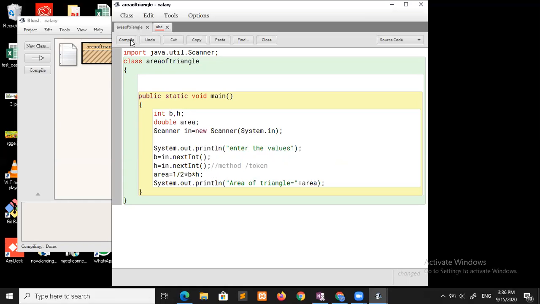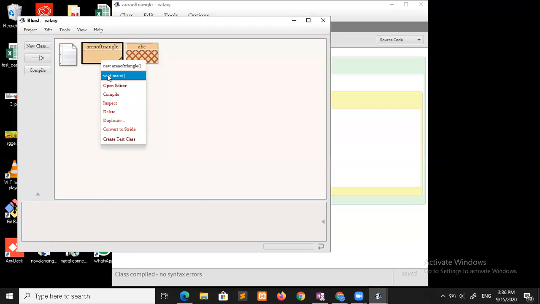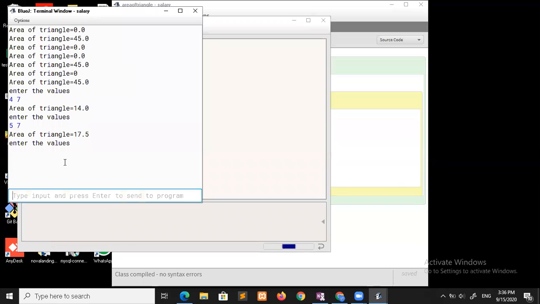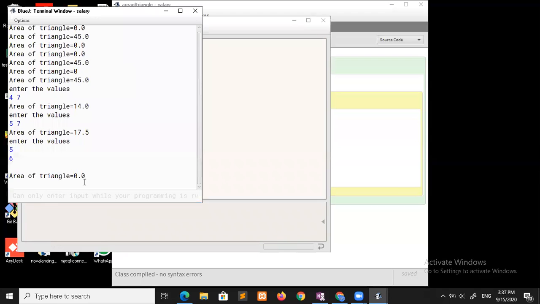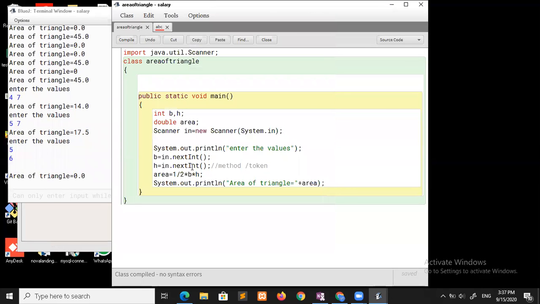Okay, अभी execute करके देखते हैं हो रहा है क्या? Yes. Execute मतलब area of triangle. So enter the values. So 5 है and 6 है. क्या हुआ? 0.0 ही आया. आउटपुट करेक्ट है? No, not at all. No. गलत है. सो मतलब क्या हुआ?